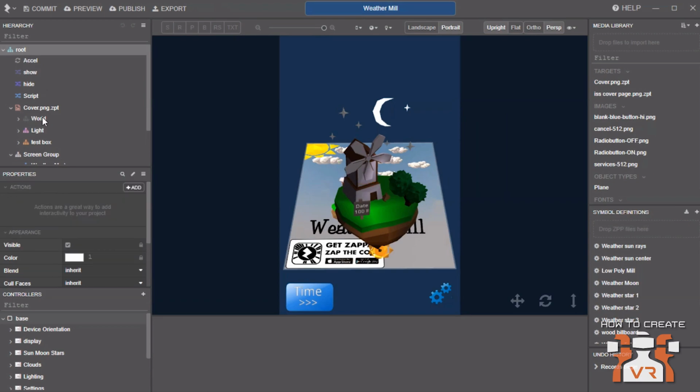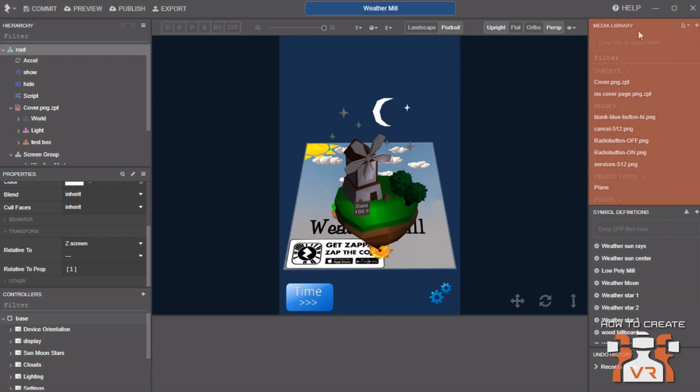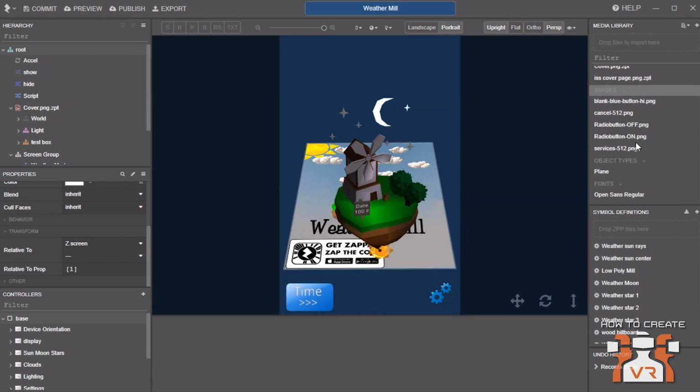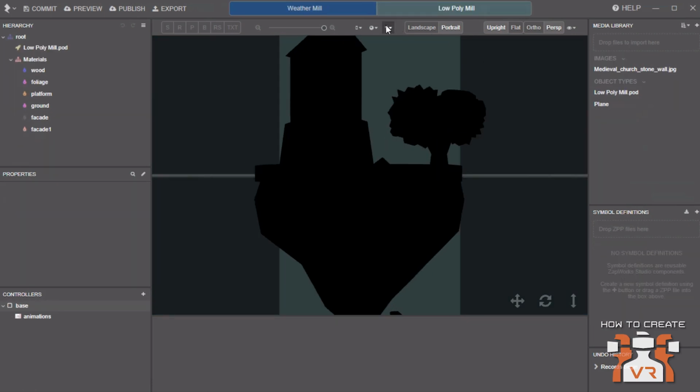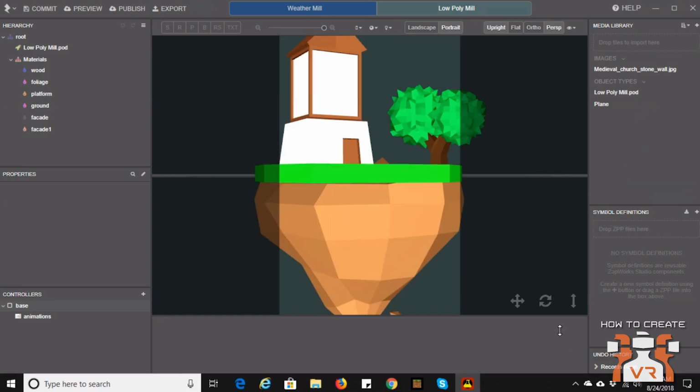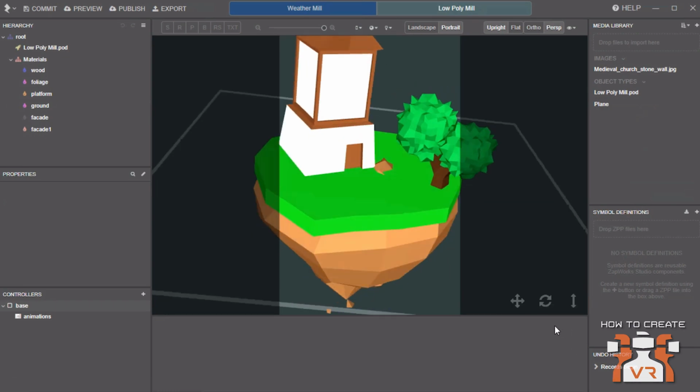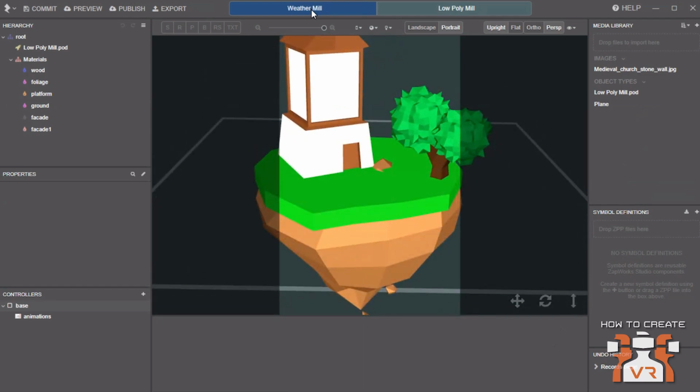Underneath it next will be a properties tab where you're allowed to change things, if it's visible, colors, and so forth. I'm going to jump across to the other side here, our library media. This is basically anything you've imported. As you can see, I've got pictures and stuff like that there. Underneath is our symbol definitions. These are very crucial, where you can create an object and reuse it. A lot of our 3D models will show up in this, which, turn on lighting. You can actually see and interact and change the actual model here,